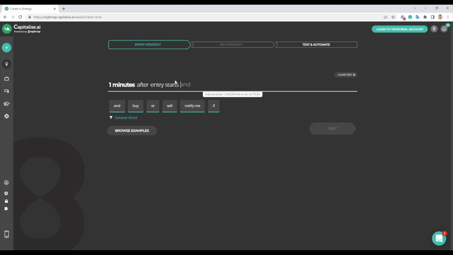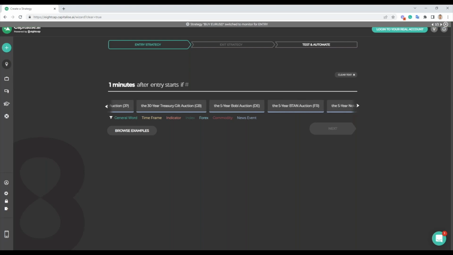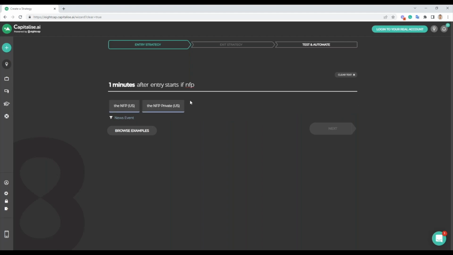Let's say, let's go with some economic news. What economic news can we use here? What have we got? We may not want to go through every single one of these. If you guys have economic news that you look out for, let me know in the chat and I'll include it. ADP may not be too, you know what we'll use? I know exactly what we'll use. We're going to use NFP. We're going to use job numbers in the US. So the job numbers in the US, the results are, let's say, above forecast.